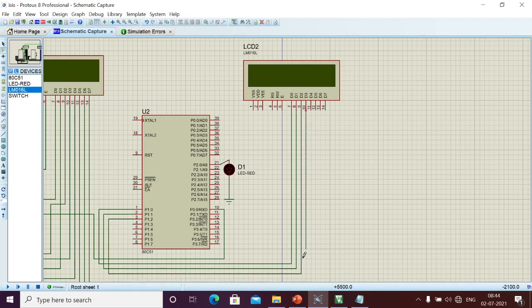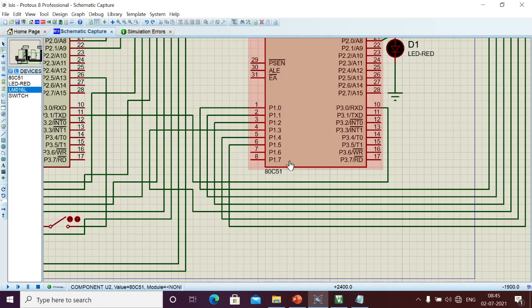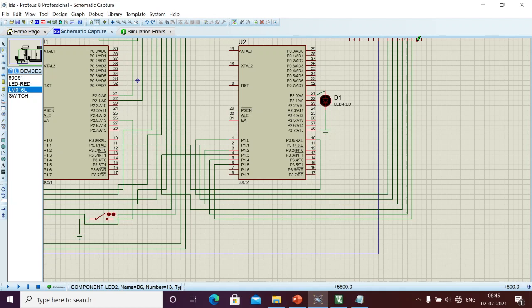Here we should connect two LCDs so we can display all the information on both microcontrollers. What is happening, that information we are going to display here. Two more pins. Last pin, yeah.